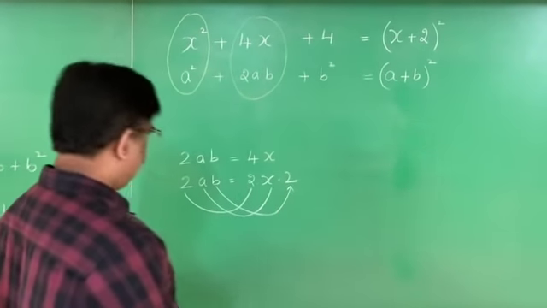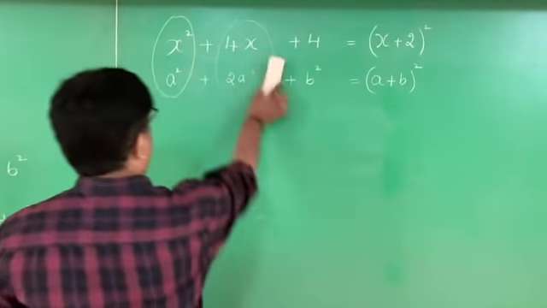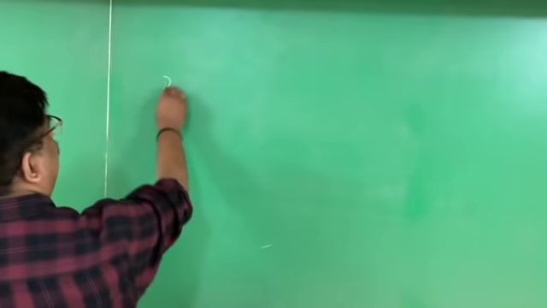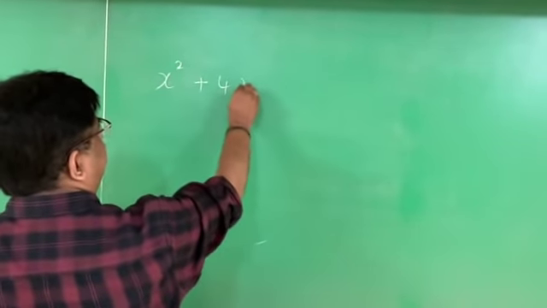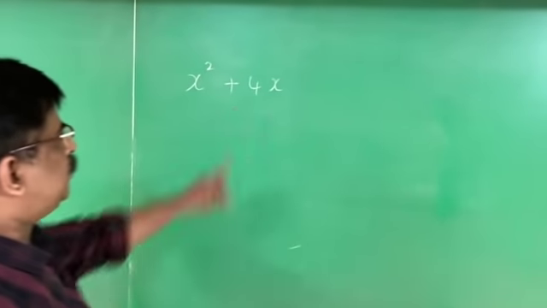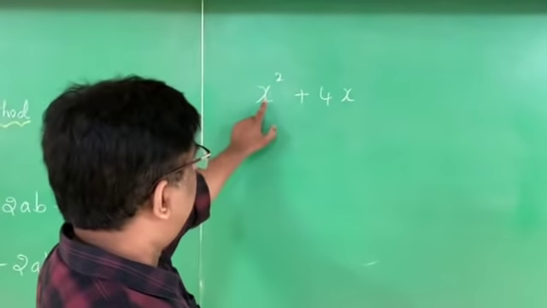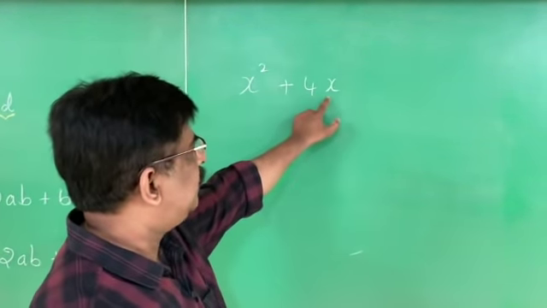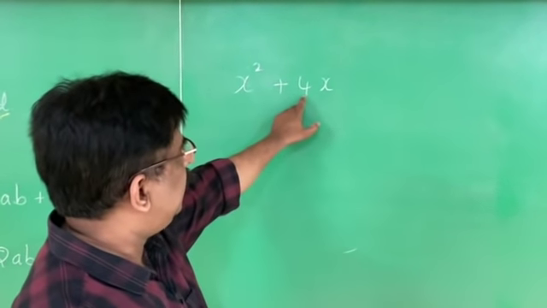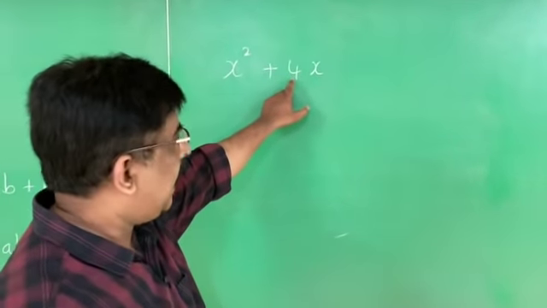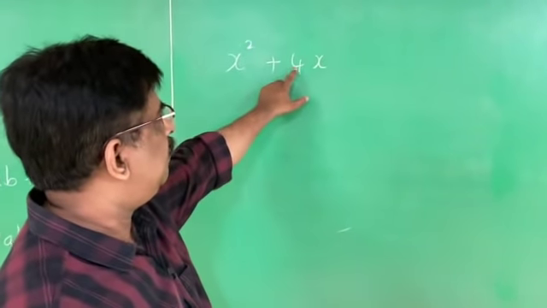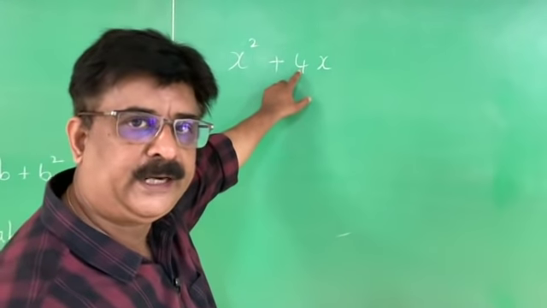Now again I repeat, you may not be able to understand this, and now I am going to tell you the skill part of it. Skill part. This is easy. See, x square plus 4x is given. What should be added to this? Simple. First term is the quadratic term. Second term is the linear term, that is 4x. What is the number here? 4. You have to add half of that number. Half of 4 is 2.